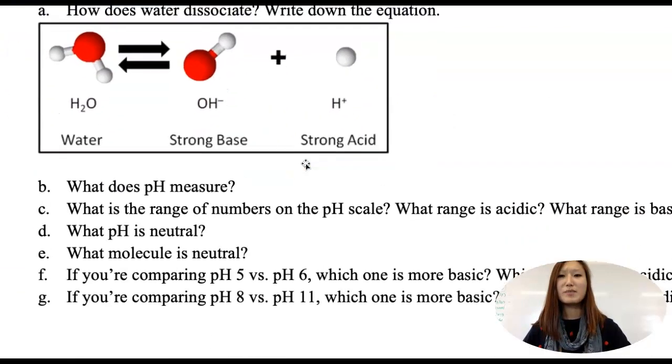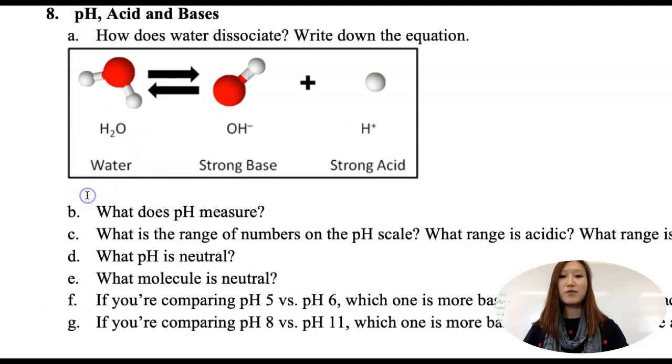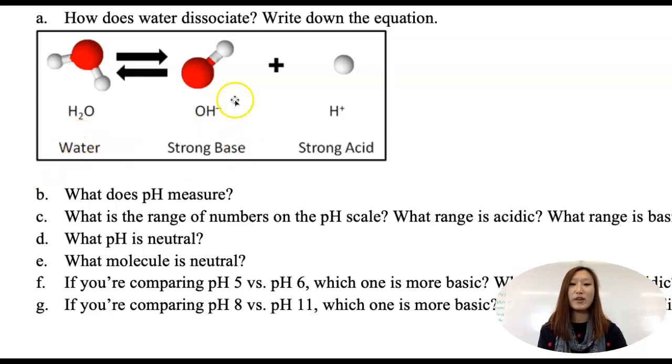The next one we're going to talk about is pH. So pH is something that measures acidity. When you have a solution, you can say that the solution is acidic, or neutral, or basic. So this is a property of the solution. When you think about water, for example, water is what we call a neutral substance, because water can dissociate into hydroxide ion, OH-, and hydrogen ion, which is H+. If you have water, you would have an equal amount of both,